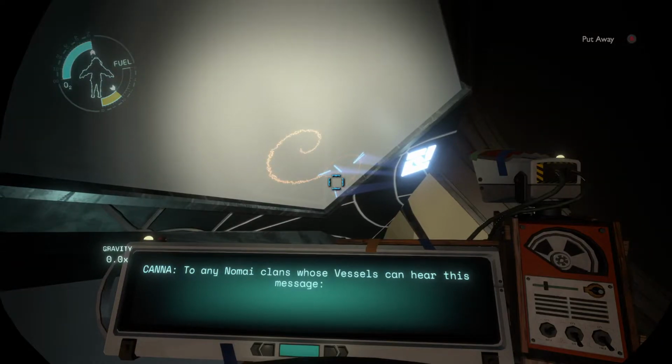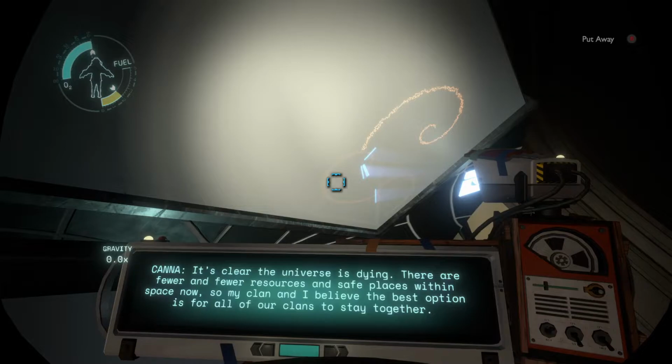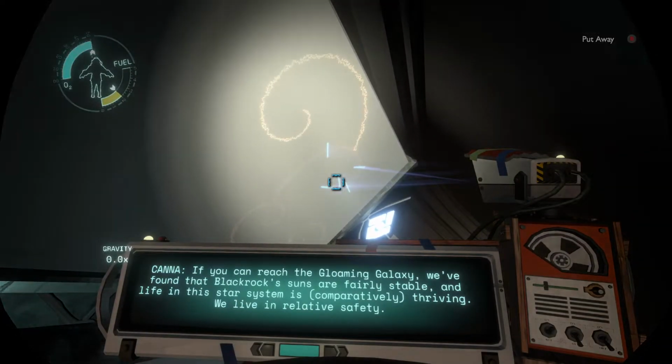Do any Nomai clan whose vessels can hear this message? It's clear the universe is dying. There are fewer and fewer resources and safe places within space now, so my clan and I believe the best action is for all of our clans to stay together. If you can reach the Gloaming Galaxy...